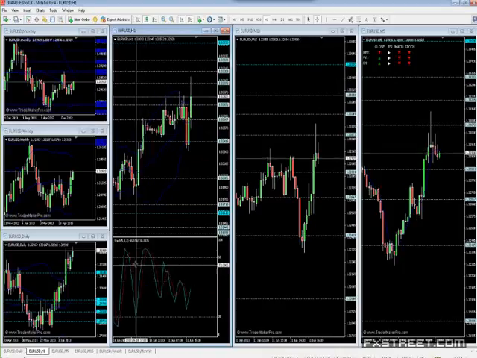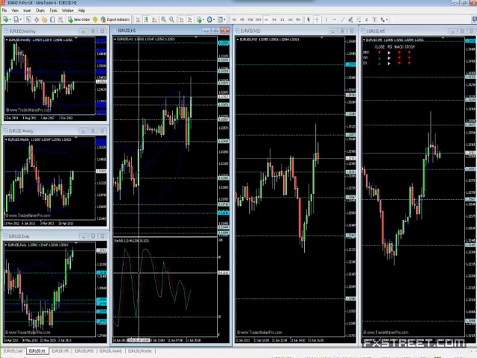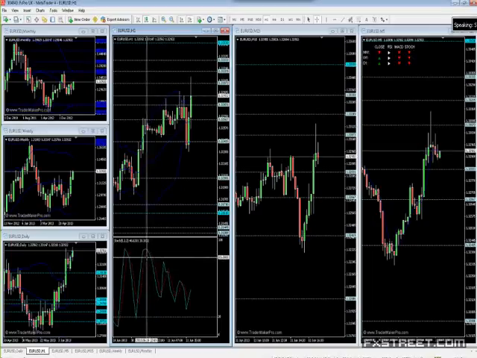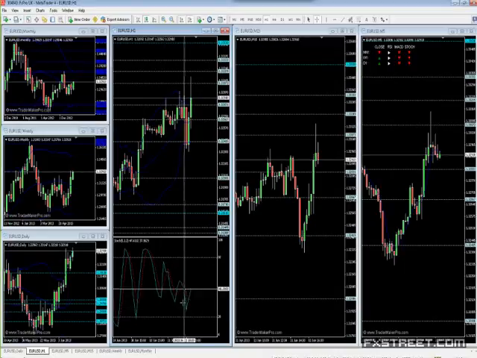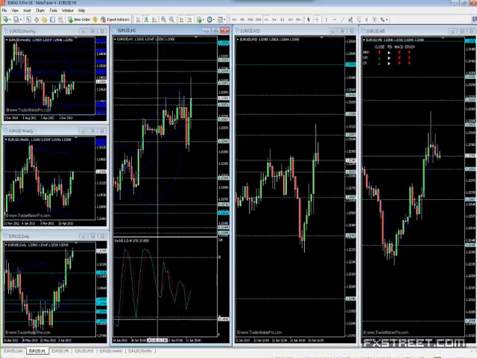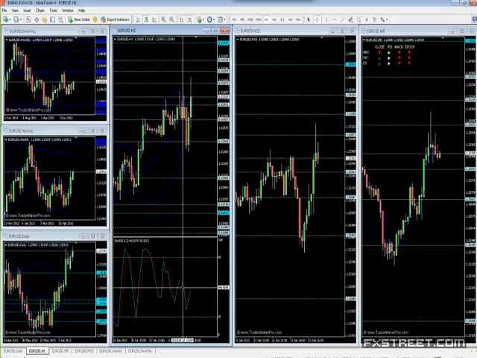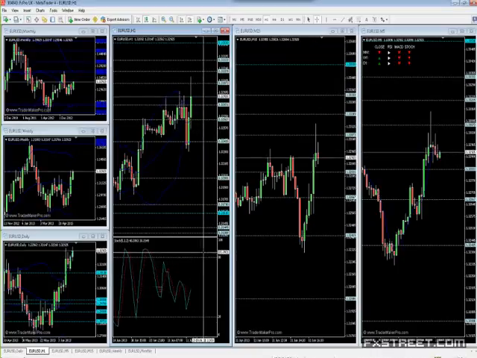When the stochastics are over 80 or below 20, it moves very much the same as RSI. When the market is above 80, that's saying the market is ready for a change down. So the stochastics on the hourlies are really just neutral, because we're not trading above 80 or below 20. If the market then spikes back up to 85 or 88, then the